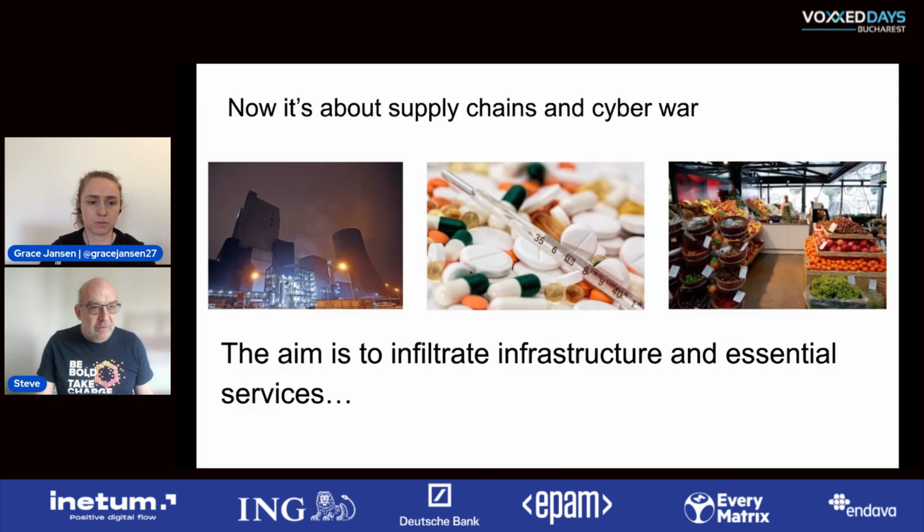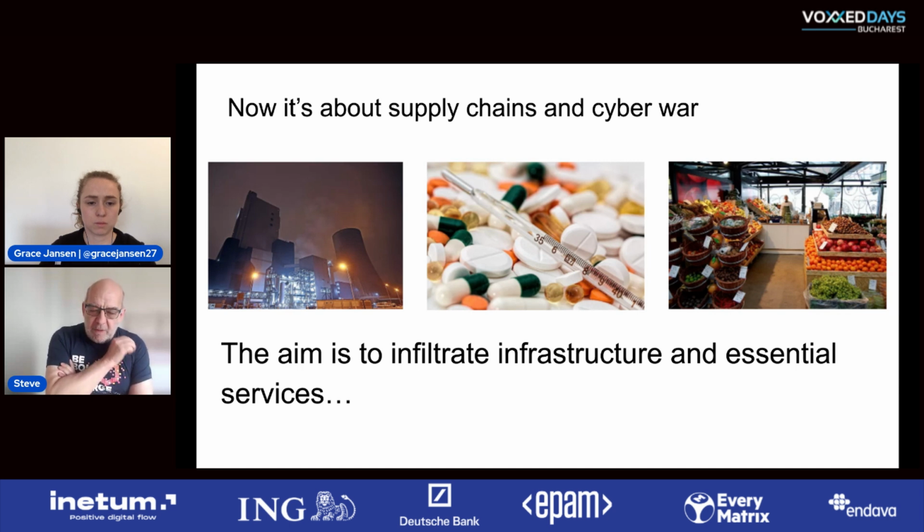That's still going on. But the big change in perhaps the last 18 months has been the realization of the fact that what everybody is trying to get into is your supply chain. We're all part of supply chains. Whatever we do, we're a part of a supply chain. And disrupting supply chains, whatever they may be, is now turning into a critical aspect of cyber warfare. And, given recent events, we know that this is true, and we're seeing it grow and grow.